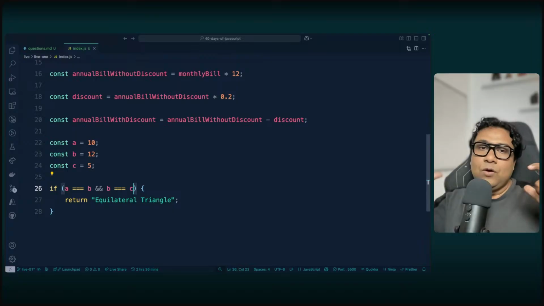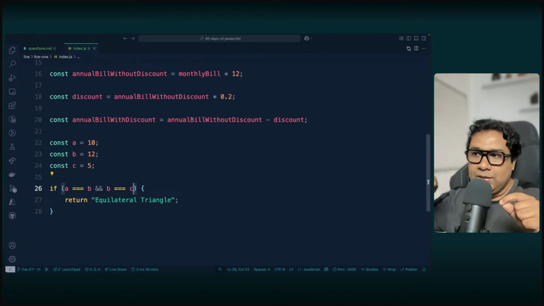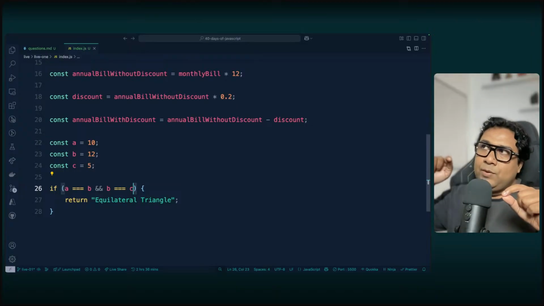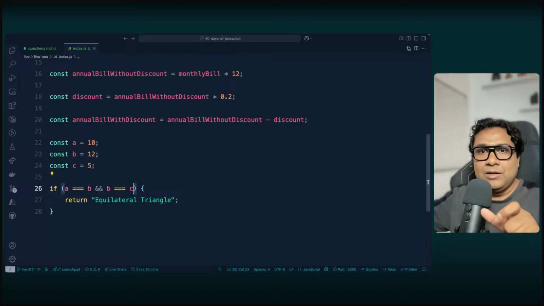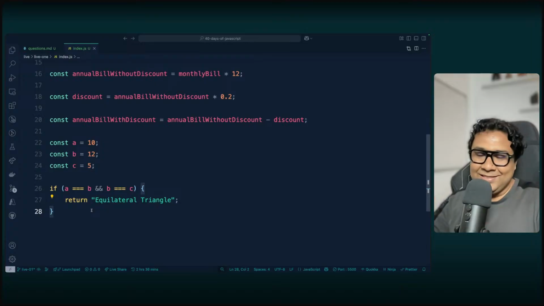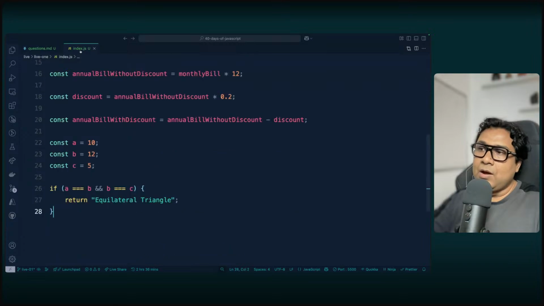But when you got the requirement, it felt like if all the sides are equal, then you'll call it equilateral. So by default, it comes to your mind, okay, I'll be doing A equals B and B equals C and C equals A. That last logic is really not required, right? So you have to make sure how you are putting the logic. Now the second thing was that if two sides are equal,